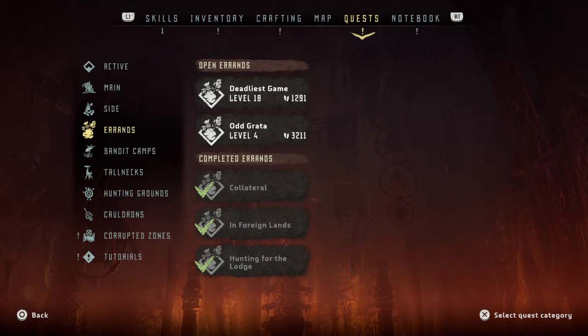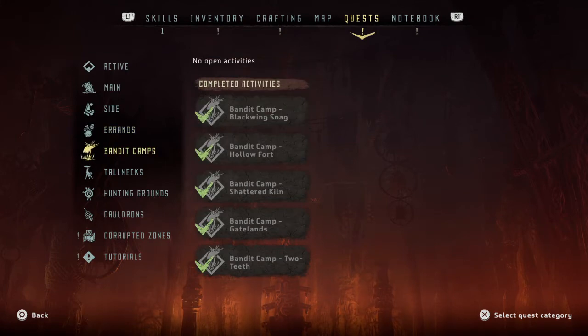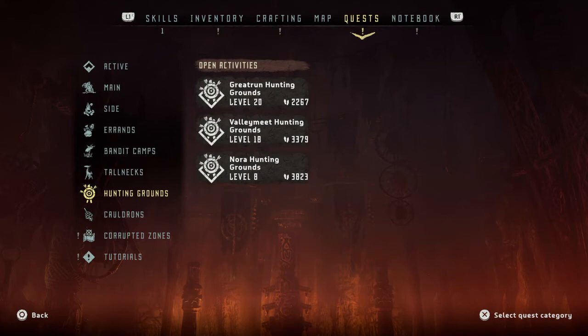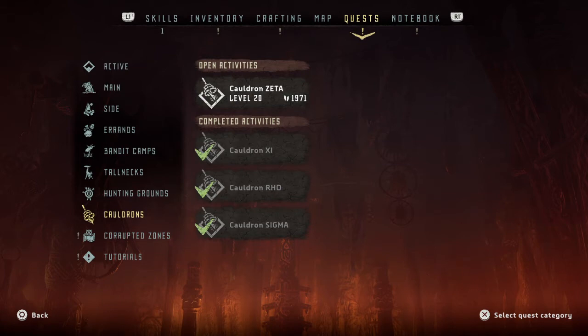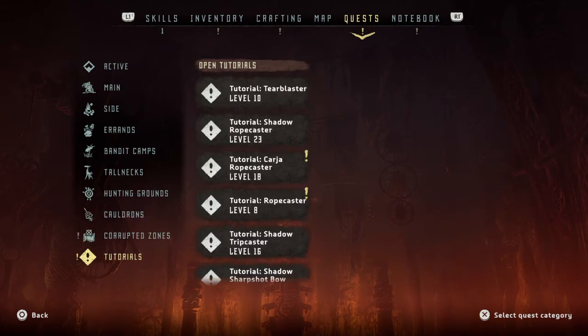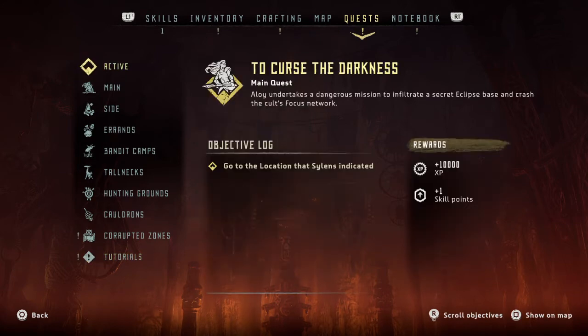The hunting grounds, or the hunting lodge side quest is still open, and that one for the very beginning. That's not a big deal. Got rid of all the bandit camps. I did, well, most of the tall necks. Yeah, but there's still some stuff I can do in the hunting grounds. I have one cauldron left. I know there's still a couple of corrupted zones out there that I've missed, and I didn't bother with most of the tutorials. So this is the one we're going to try and take on next time. So next time we'll be working on a main quest again,